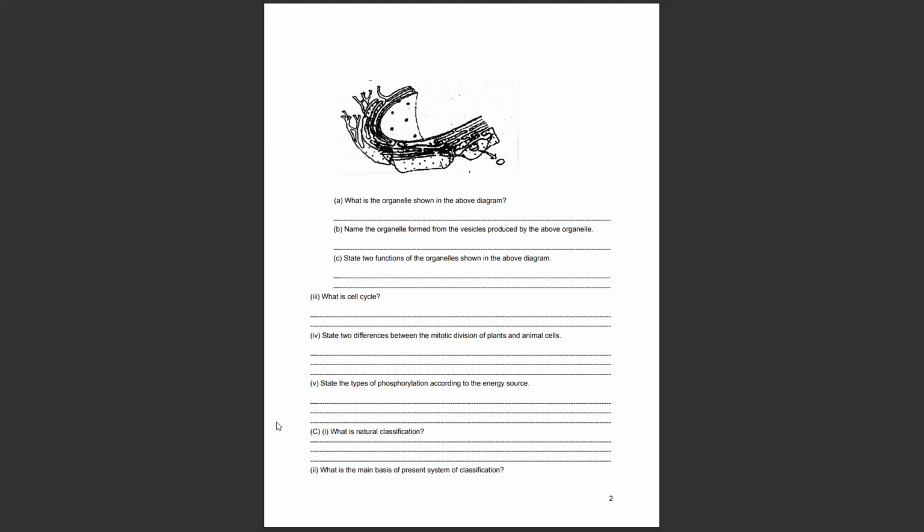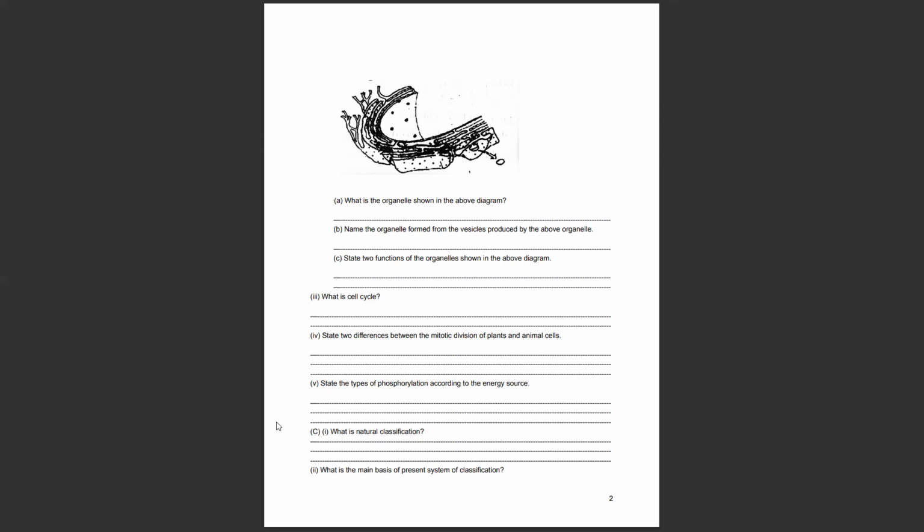Now they are asking 2 functions. So this figure consists of both smooth endoplasmic reticulum and rough endoplasmic reticulum. In the resource book, they have given around 9 functions for smooth and rough endoplasmic reticulum separately. So you can write any 2 functions out of those 9 points given in the resource book, right? First one,